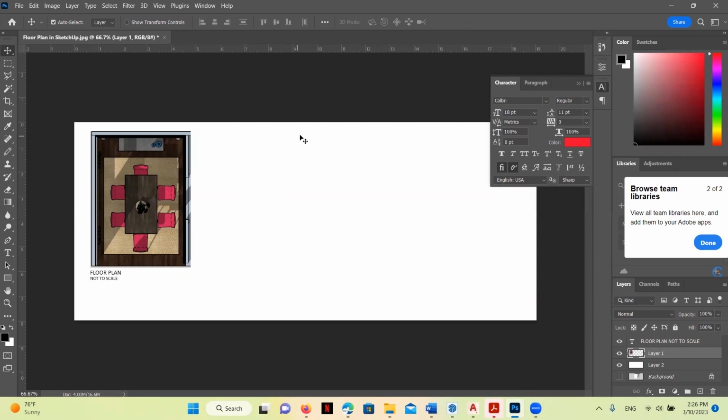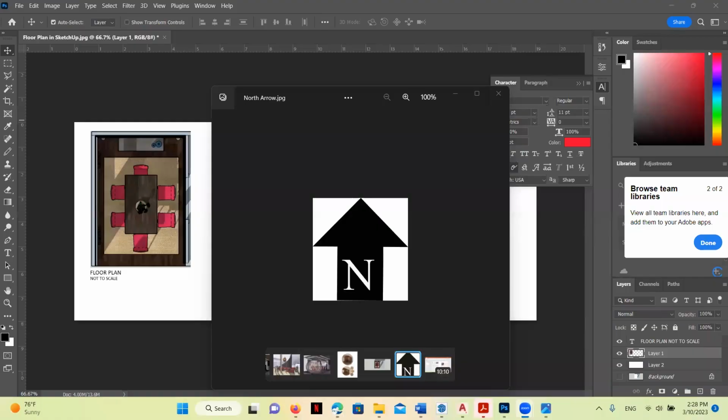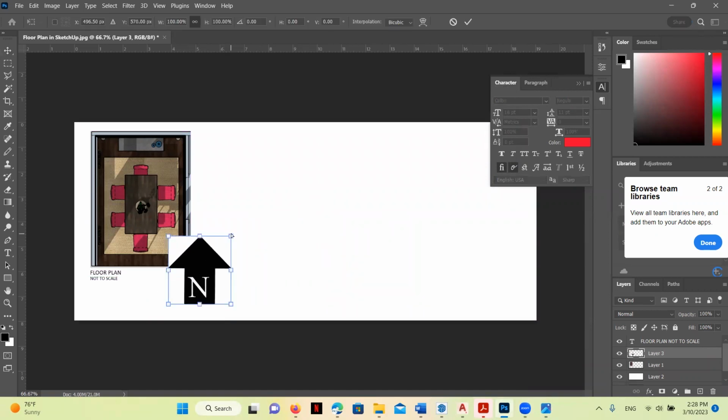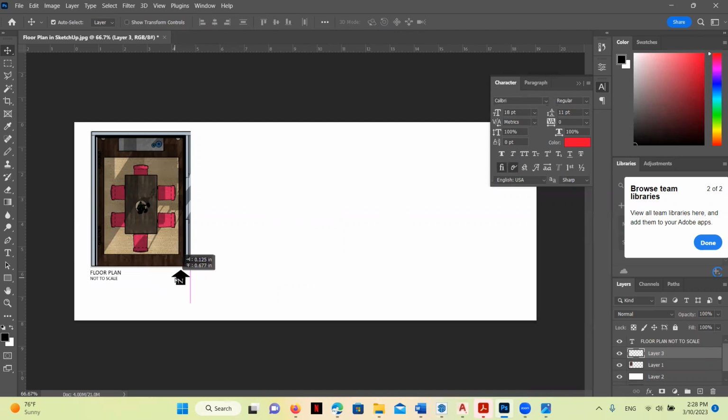Now I do need to bring in a north arrow, so I'm going to pause and grab one. Okay, so I've got my north arrow here. There's a lot of different north arrows out in the world. It doesn't matter which one you use as long as you've got one. So I'm going to click on this, Control C for copy, and then click over on my Photoshop file and Control V for paste. Now it's going to be really big, so I'm going to hit Control T to transform. Hold down my Shift button and get it scaled down so it's nice and small, and hit Enter. And we'll go ahead and bring that over as well. Okay, it's not the most elegant one, but it'll work.